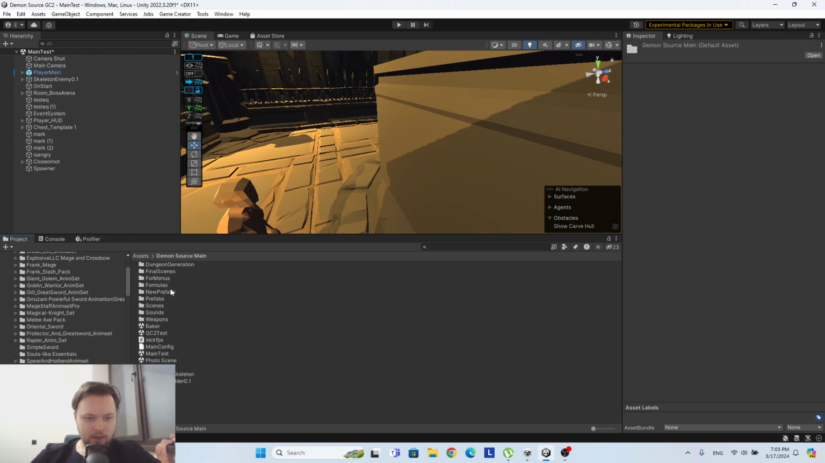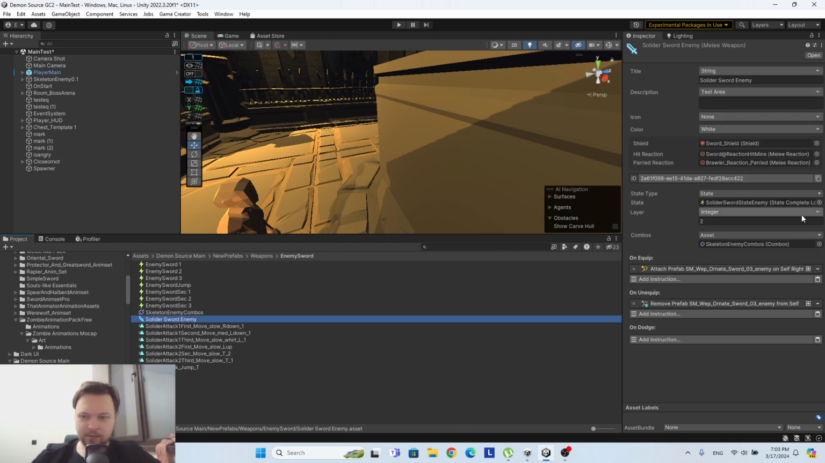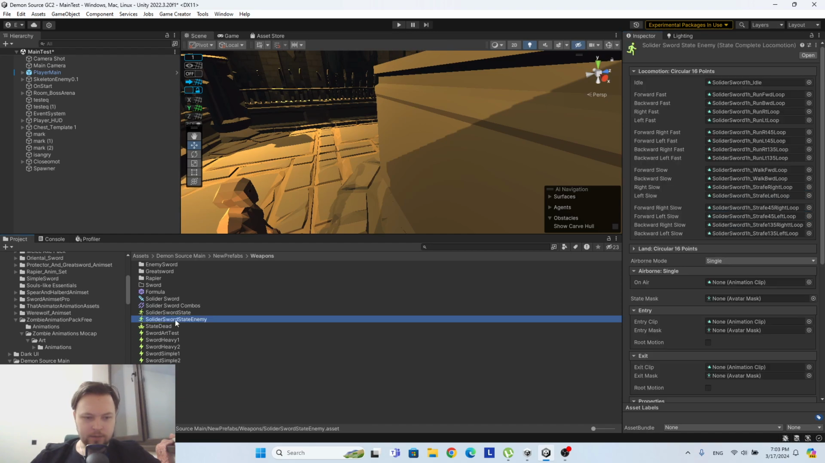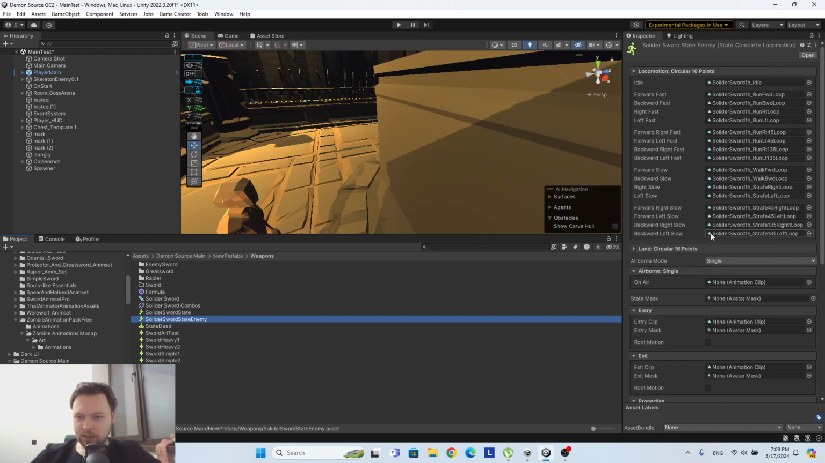Also, Game Creator has a very cool way to control the speed of the character. So for the basic sword state, I specified that speed in this state will be 4 and the rotation will be like 1800. It's a default rotation and default speed actually, but